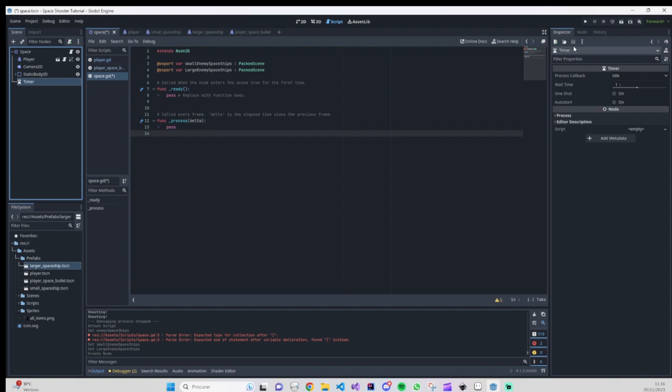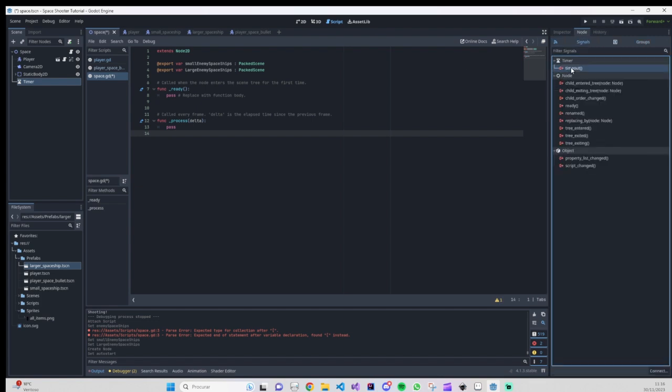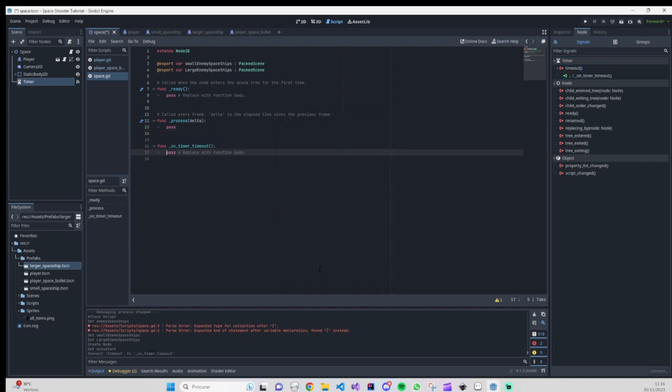You can go to auto start, and on the signals, when it's timeout, it will do the spawning for you. I usually don't use it. I usually work with my own timers by coding them, but at least for now we are going to use this timer because it's only to spawn our enemies. So connect, and here